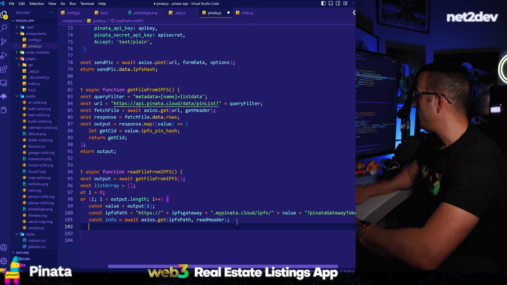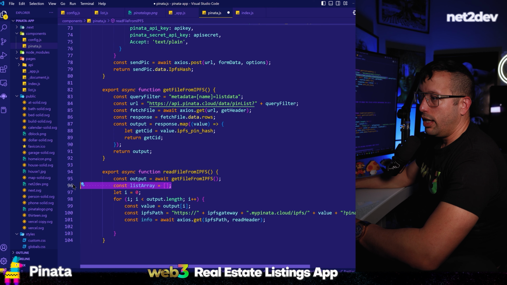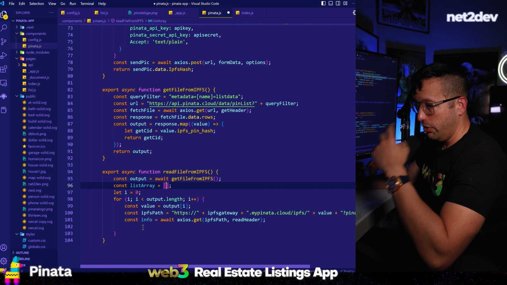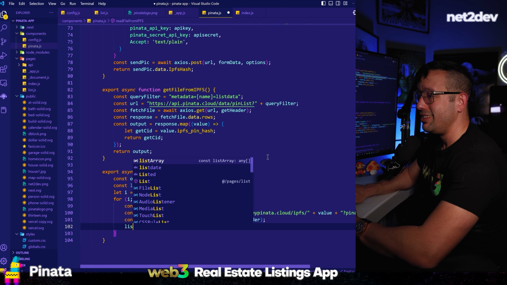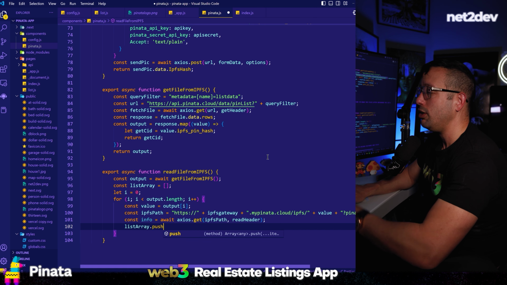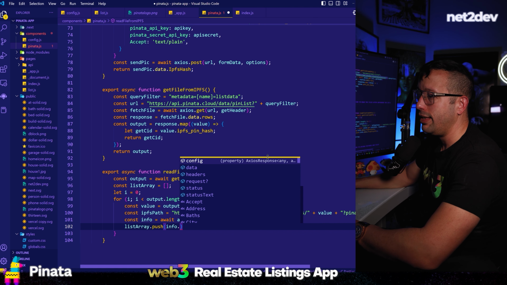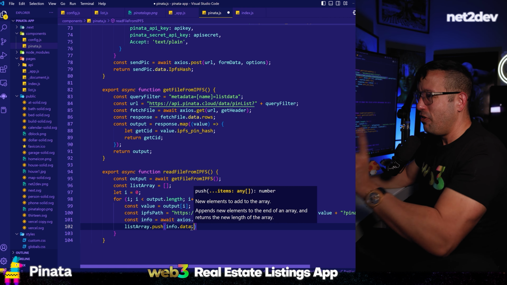Now with that, I am going to push to that list array. Remember, we created that list array. Let's start filling that array with every single value, okay? So we are going to say list array. Now we're calling the list array, and we're going to type push, which allows me to insert data into that array, okay? And we're going to say info. That's my path, right? What is expected? It is data. And now, very important,